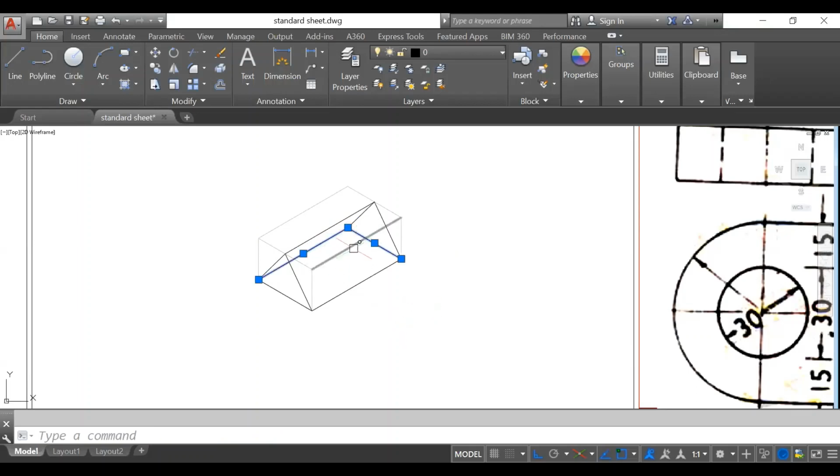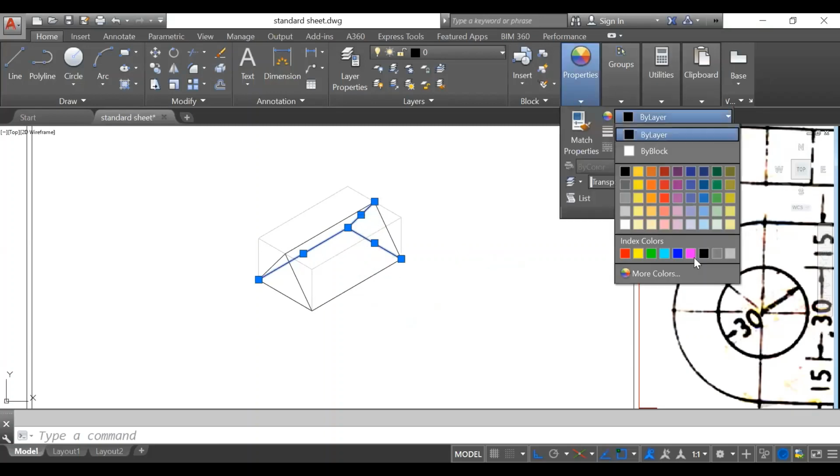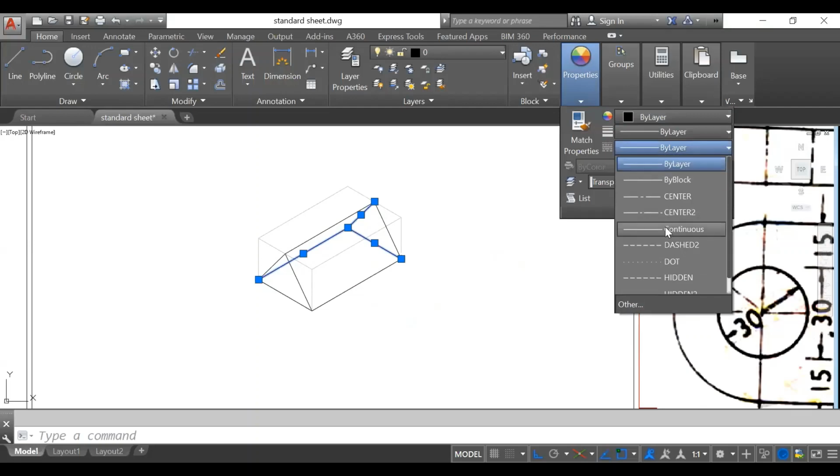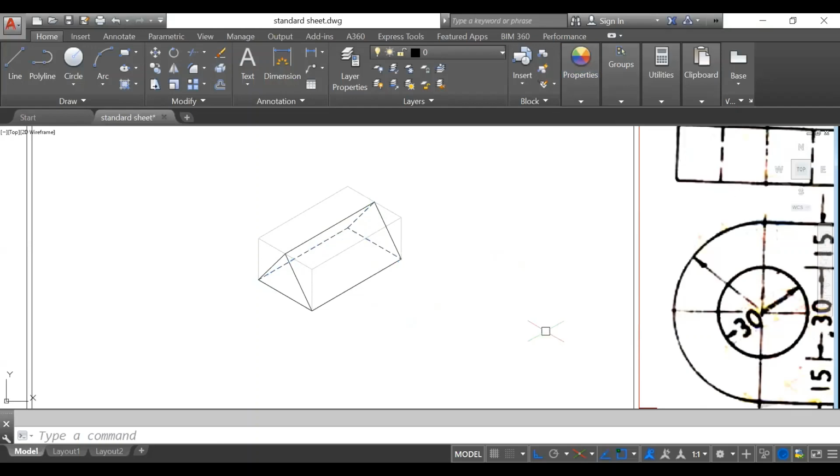These three are hidden, so I will use hidden lines here. If I remove this part afterwards, the limits I'm going to remove from here, it would look like this. But what is the rule here? We cannot show hidden lines in the isometric projection, so we can delete them. So it would look like this.